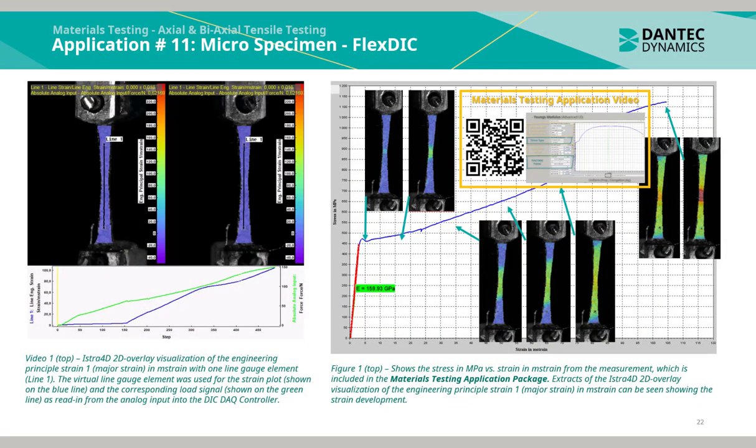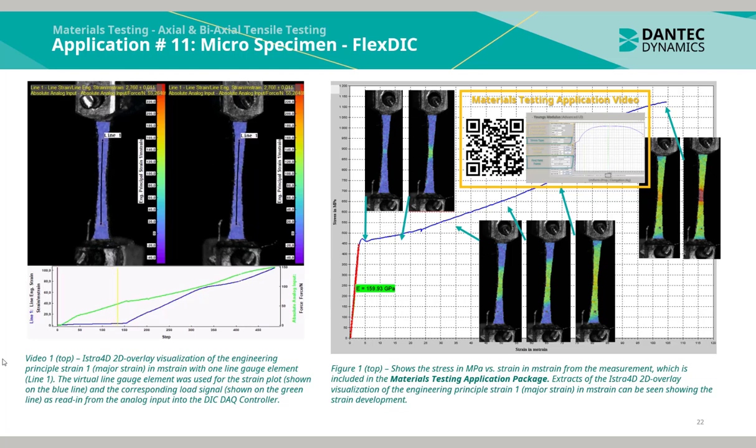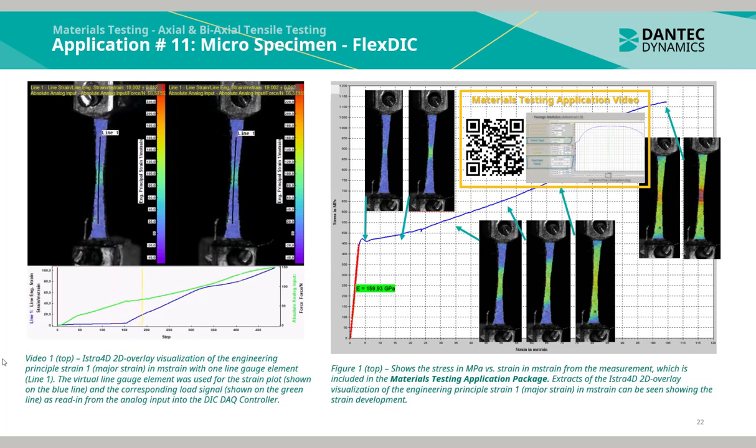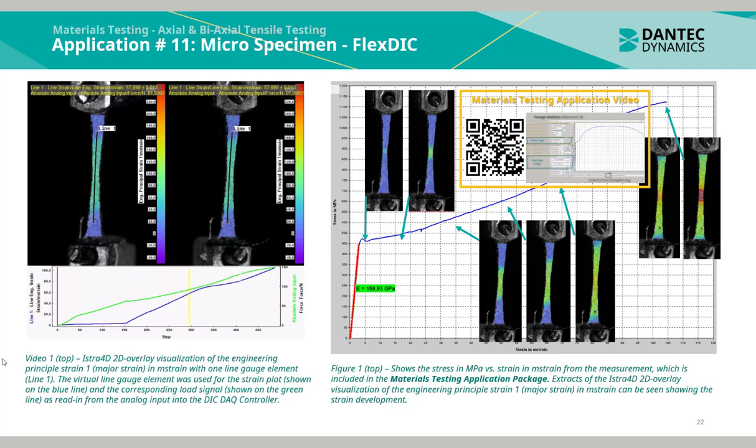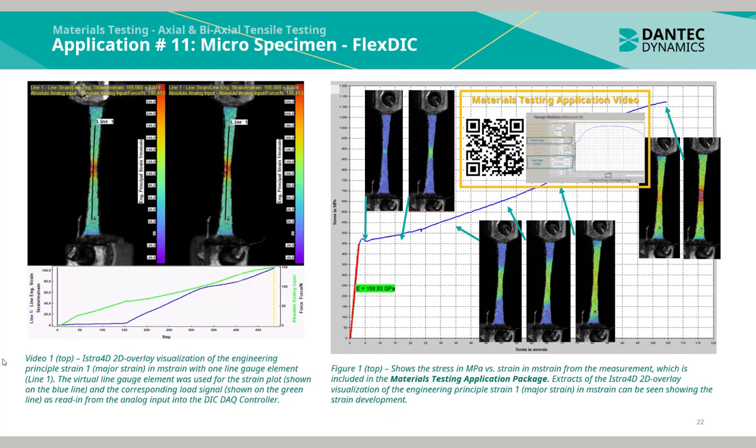Application 11 is a microspecimen measurement performed using the FlexDIC system. In video 1 to the top, we see the 2D overlay visualization of the engineering principal strain 1 in millistrain with one line gauge element, line 1. The virtual line gauge element was used for the strain plot, shown on the blue line, and the corresponding load signal, shown on the green line, as a read-in from the analog input into the DIC